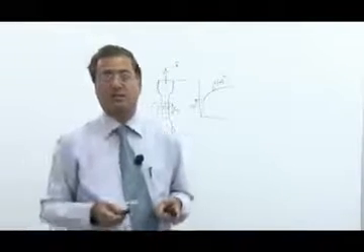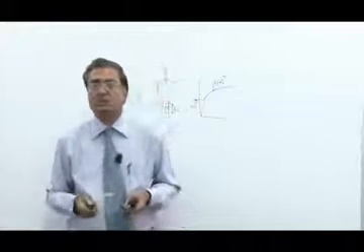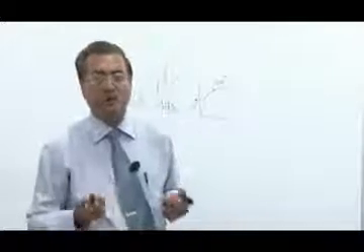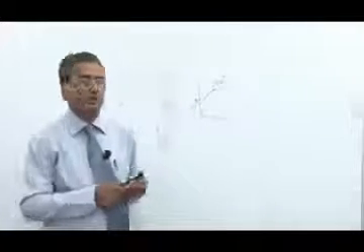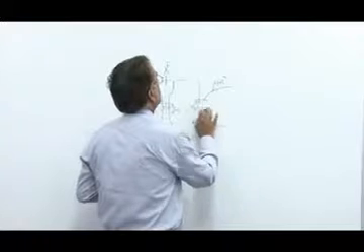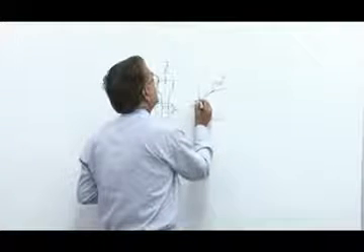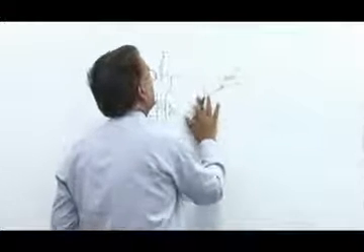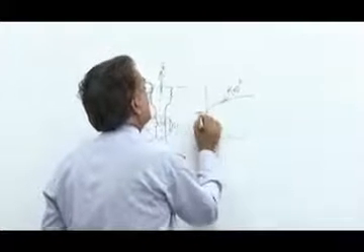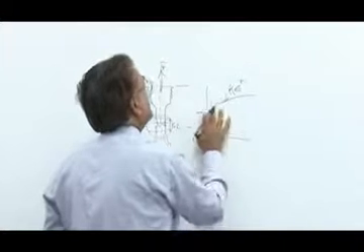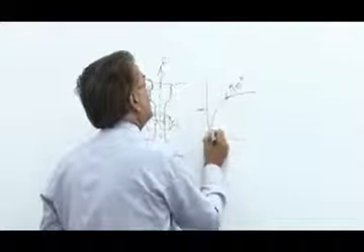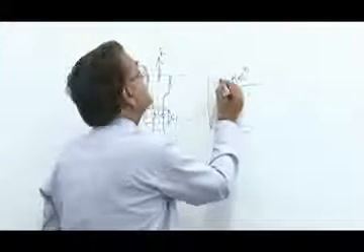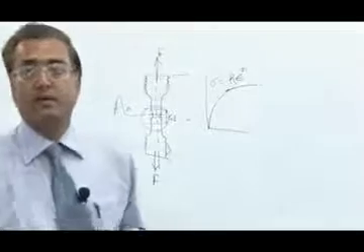The third one, the popular one, is your power law. If I extend it up to here, and this starts from 0. So this is where your stress is equal to K,